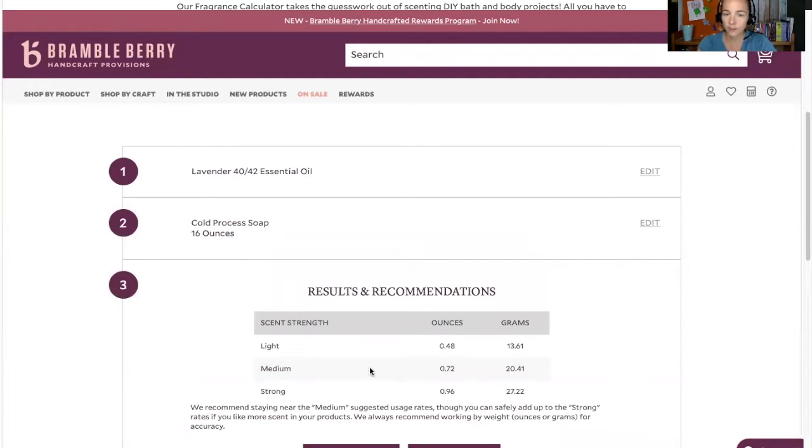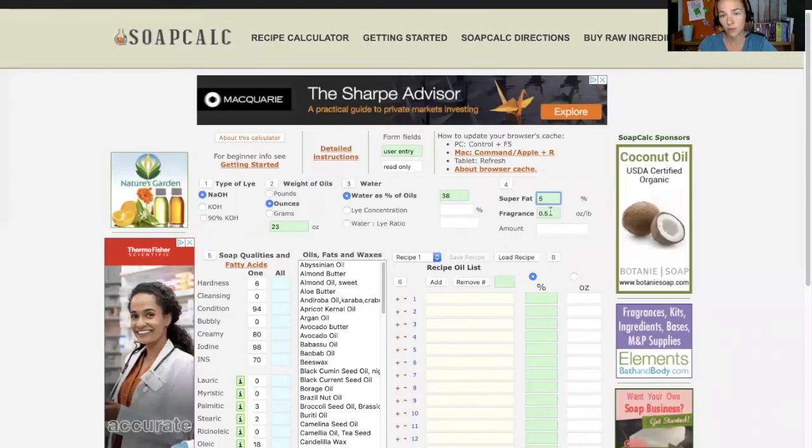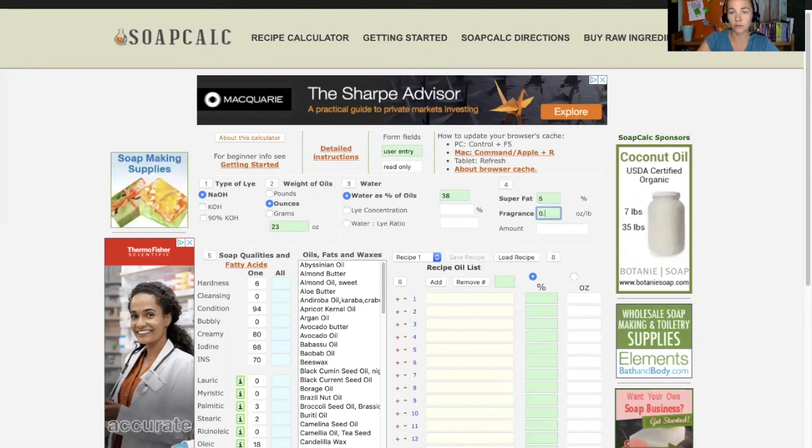I like to stick to the medium recommendations. You can use anywhere between half an ounce if you like very lightly scented soap, and up to almost a whole ounce if you like a really strongly scented soap. So we're just going to take this medium strength number and put it into SoapCalc. So 0.72 ounces